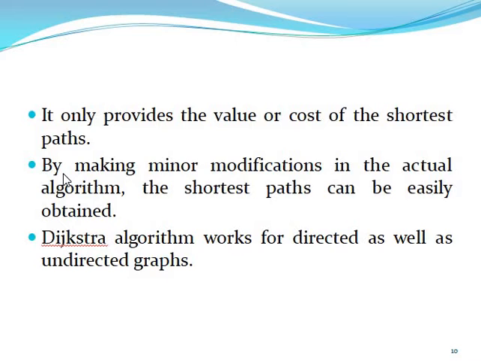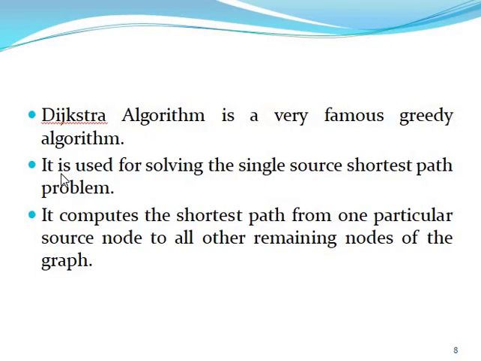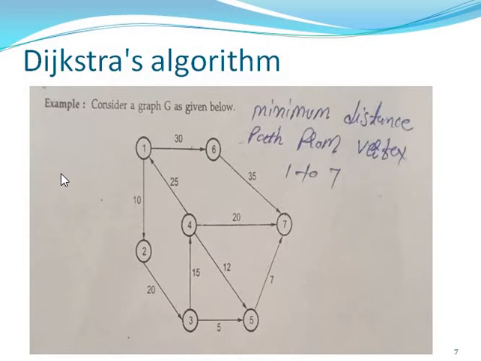And also the Dijkstra algorithm works for directed as well as undirected graphs. So this is the Dijkstra algorithm, which works for both directed and undirected graphs. So we can start. Among the many conditions of the Dijkstra algorithm, it works for directed and undirected graphs and does not go in the reverse or any other direction. For example, you can go to 7, but you will not go 1, 4, 7 because the arrow indicates this direction. So we can start the example.